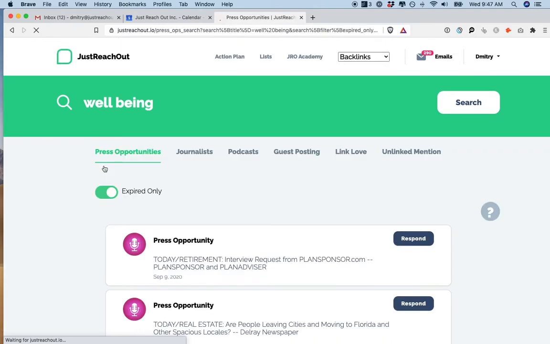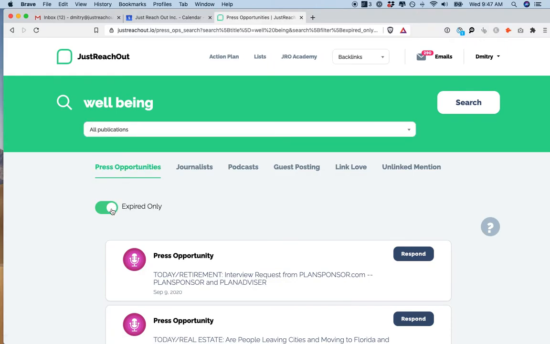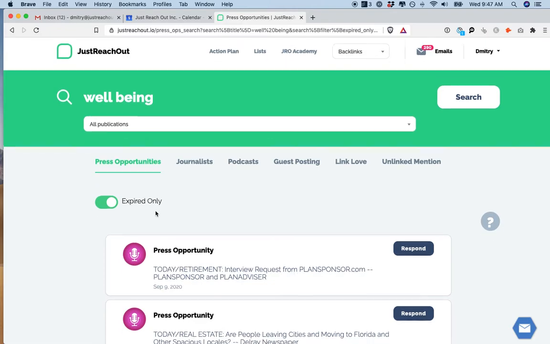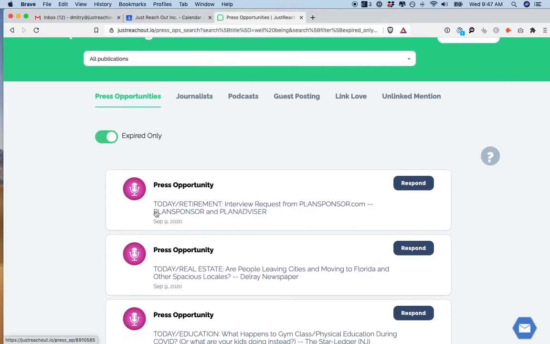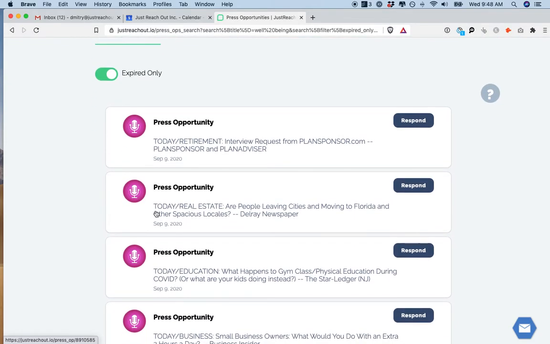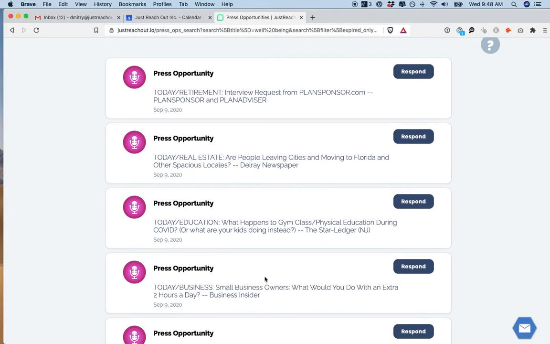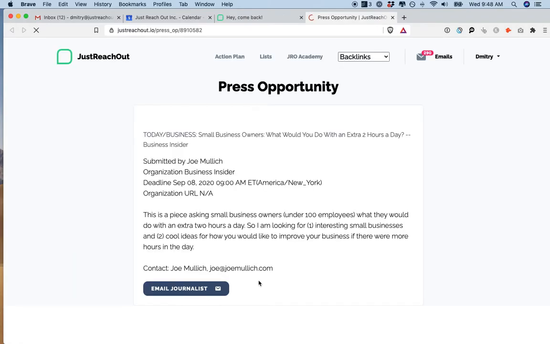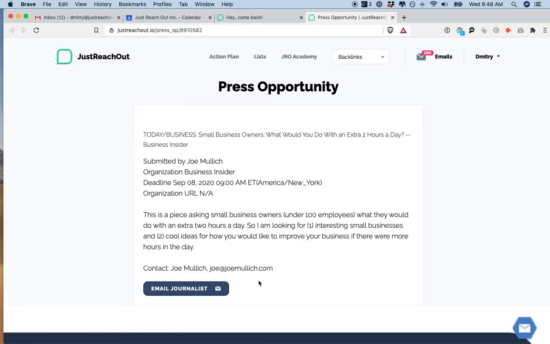And one little tip that I want to show you, I just added an expired only filter to this search. And I'm doing well-being, and I'm looking at recently expired queries. And the recently expired queries are pure gold that most people forget about, right? If a query has expired, that means that this person actually had a question, and they didn't get it answered, or they did get it answered, but you know their email address, you know their name, and you know their organization, their publication, and you know something about what they were interested about very recently. This is a gold mine for you.